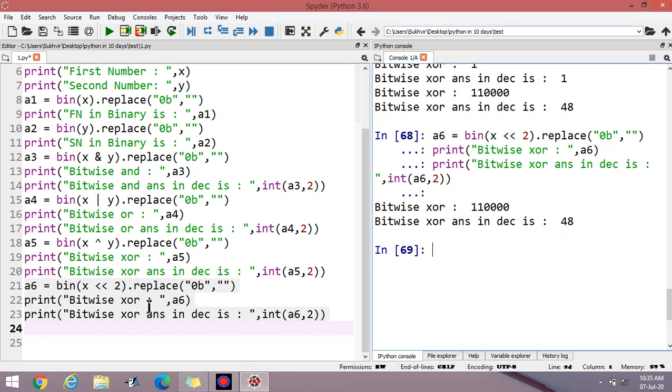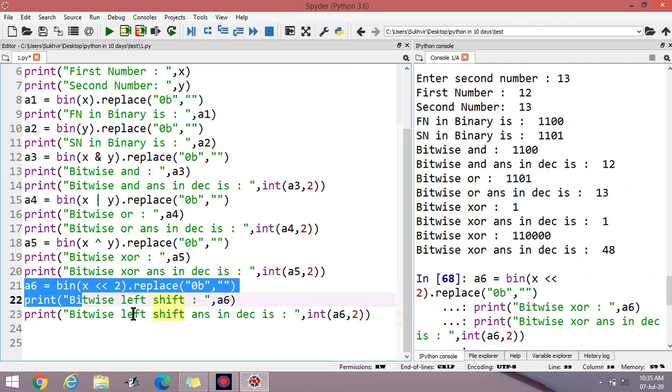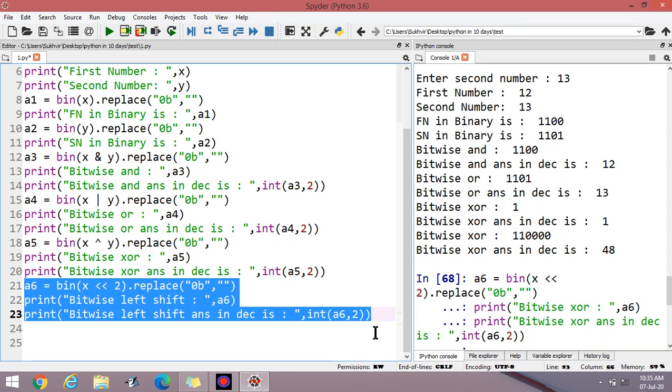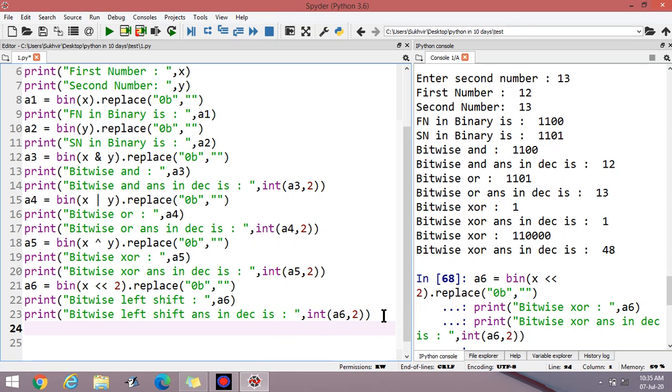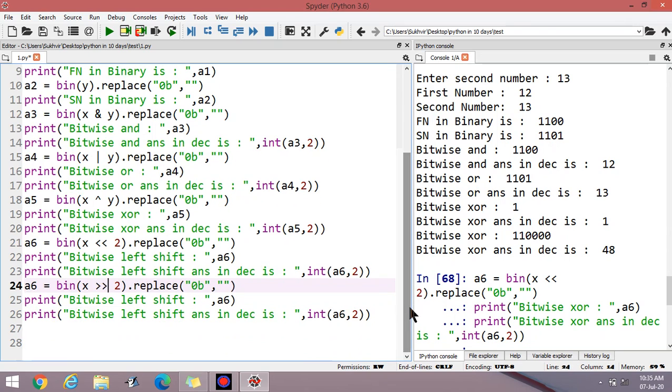You can change here bitwise left shift answer in decimal. And here you can write right shift. You can do all the operations one by one.